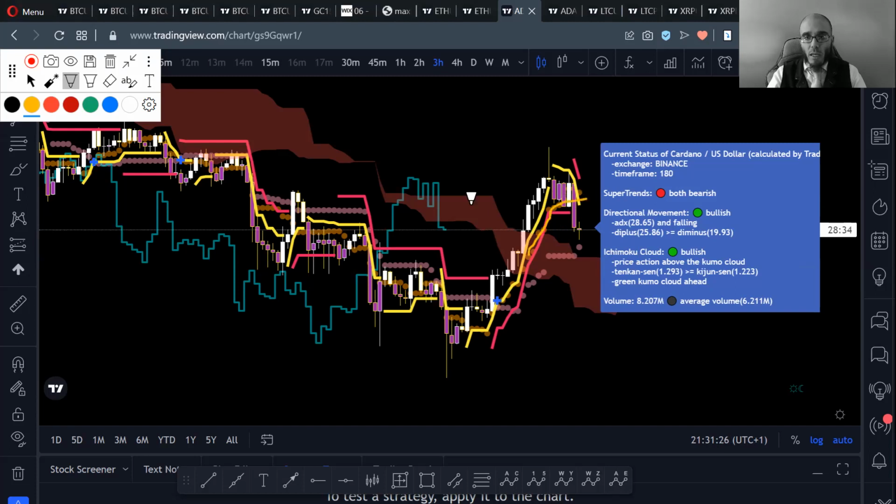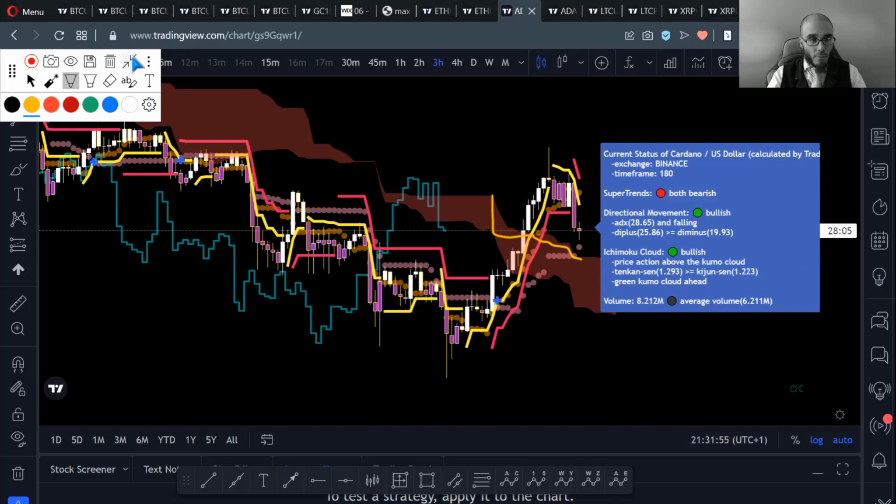Here you have it with dots, just so that you don't confuse it with the super trend. But we are also below the Tenkan Sen. But the Kijun Sen, that line, is support right now. So we have support from the Kijun Sen and we have support from the upper line of the